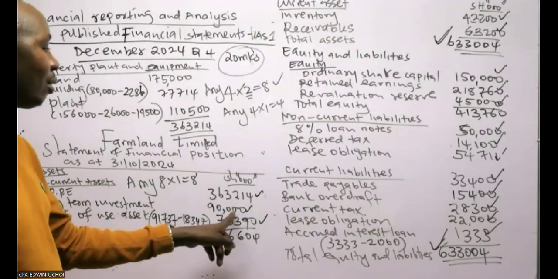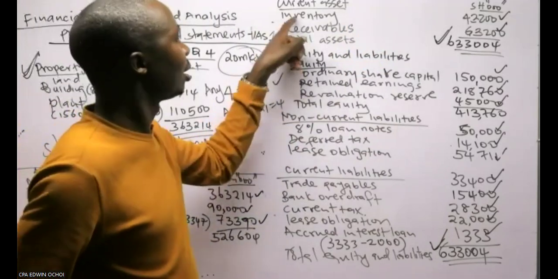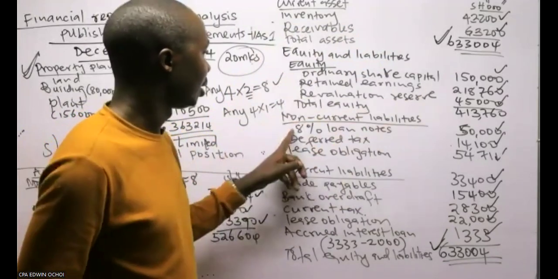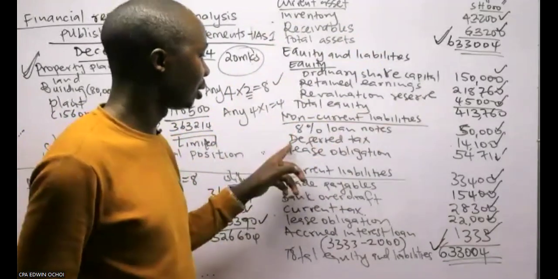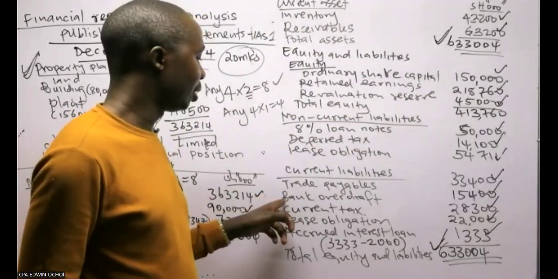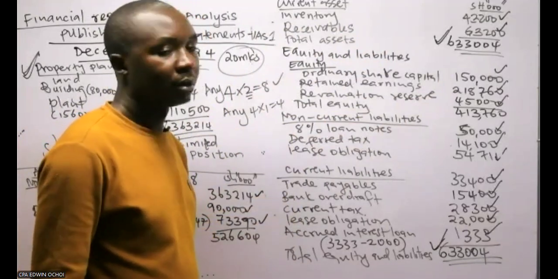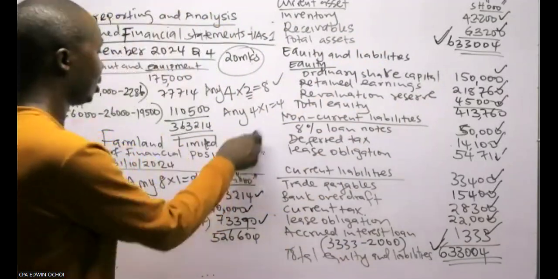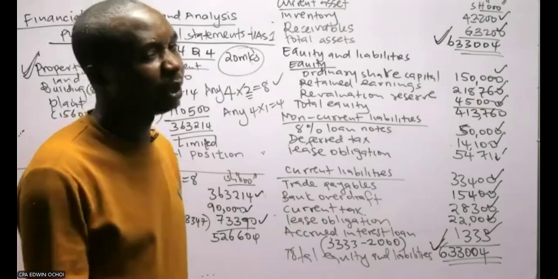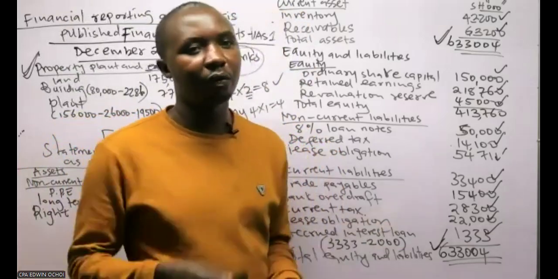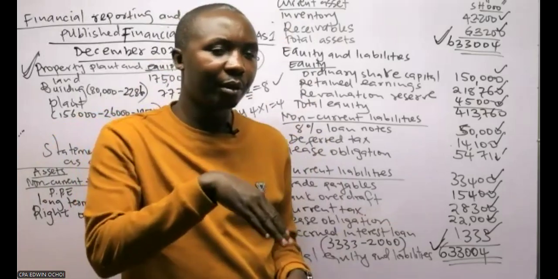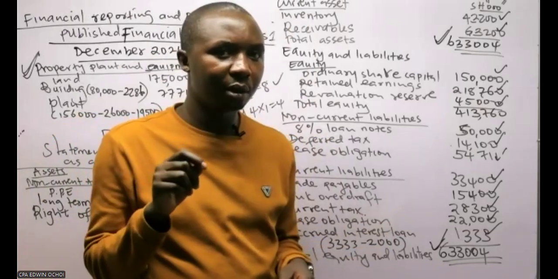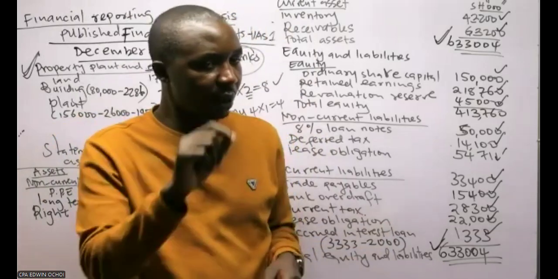Long term investment, no working needed. Inventory, no working. Receivable, no working. I will come and write this. I skip. I don't post anything. This one, no working. This one, no working. This one, no working. This, no working. Statement of financial position, you will score everything. You will score the eight without doing any workings. Maybe the income statement is the one which needs a bit of workings. But even in that income statement, remember there was admin. It never needed any workings. There was distribution. There's tax. Once you fix, I will mark.